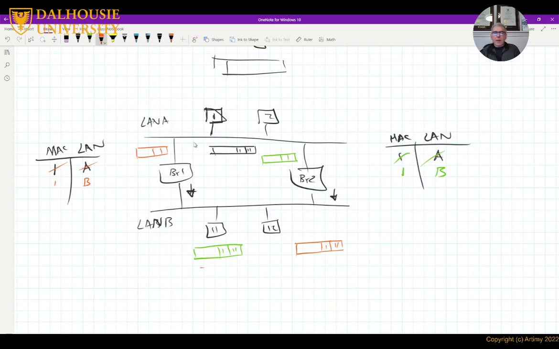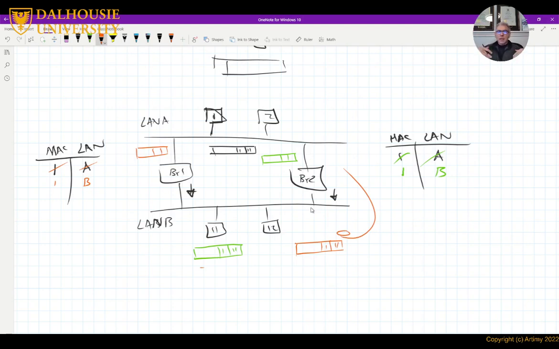And this happens, so now bridge 1 sees the red frame that came from bridge 1, so it circulates it back, and this creates a loop and creates duplicates.